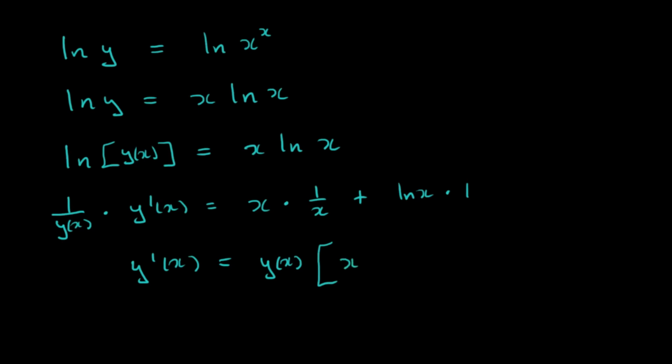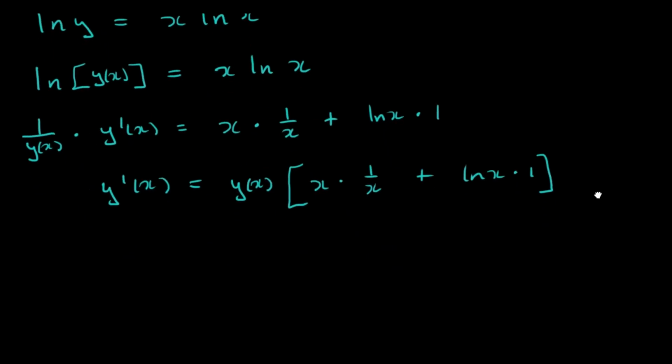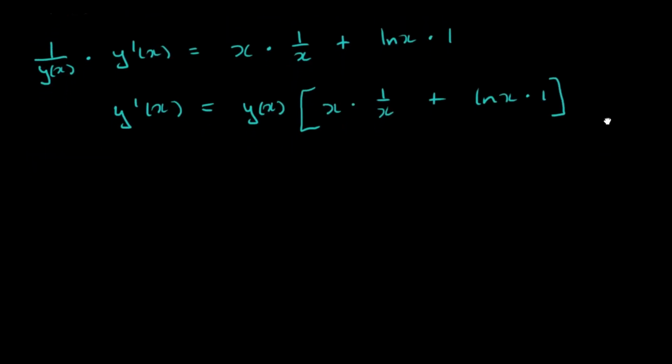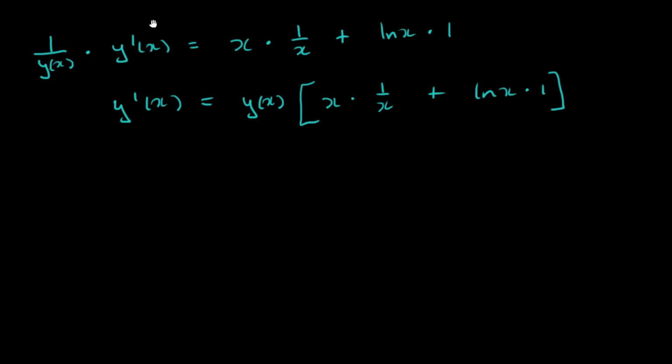And I guess we can start to clean things up, but I'll just do a complete rewrite at this point, even with the multiplication of 1 there. So just getting rid of our fraction there, and there's our y of x going right to the beginning of the right-hand side. And now we can just clean up some things. Our derivative of this function is going to be y of x multiplied by x times 1 over x. X times its reciprocal is 1, and then this, of course, is just going to be the natural log of